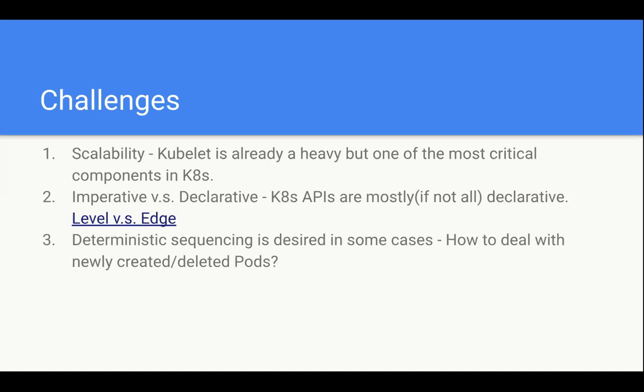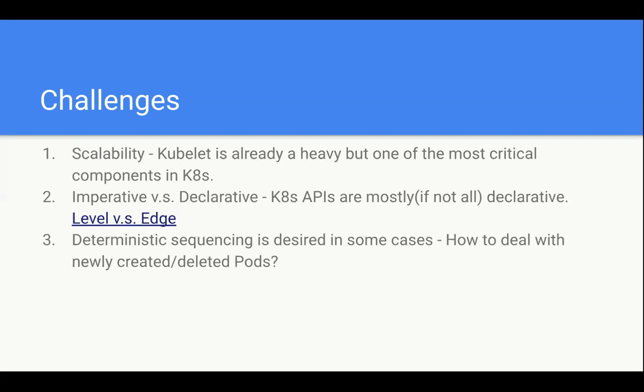The second thing that drew a lot of discussion is the whole imperative versus declarative concept. Kubernetes APIs are mostly, if not all, declarative, right? This whole level triggering versus edge triggering, right?